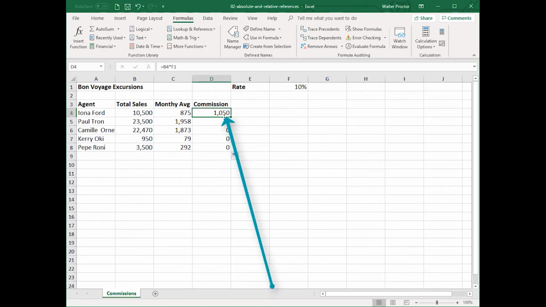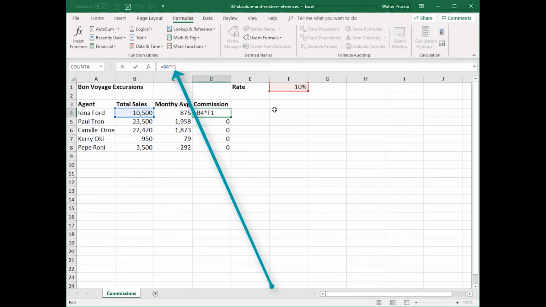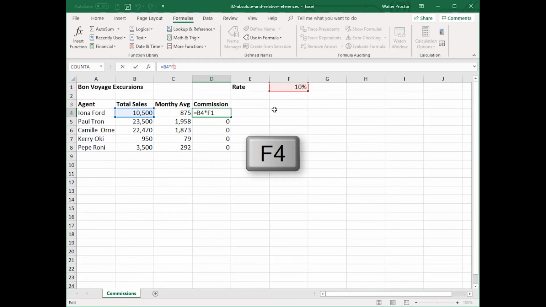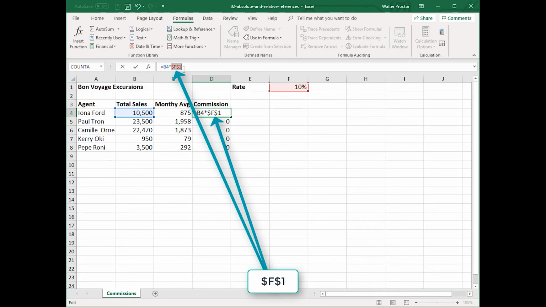So if you would, click again on D4, and we're going to change this information so it will use our references. Now up on the formula bar, click between the F and the 1 reference, or you could open up the cell and click between it. You need to put the dollar sign in front of the F and in front of the 1. Now you could simply type it in manually, or please understand there is a shortcut. The shortcut is usually the keyboard F4 or function 4 key. If you tap that, you'll see it now has $F, $1, or absolute F, absolute 1, which means it will